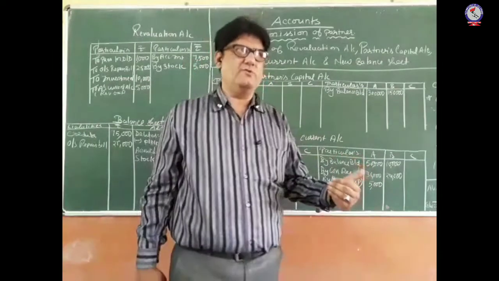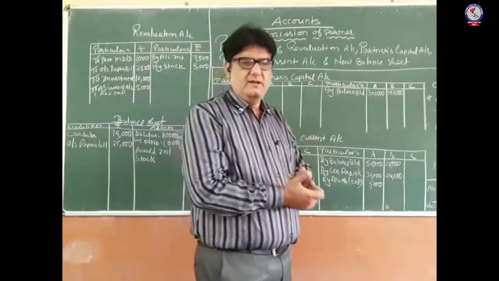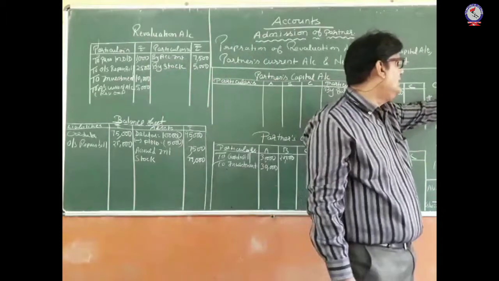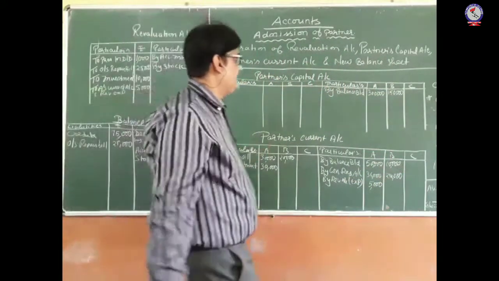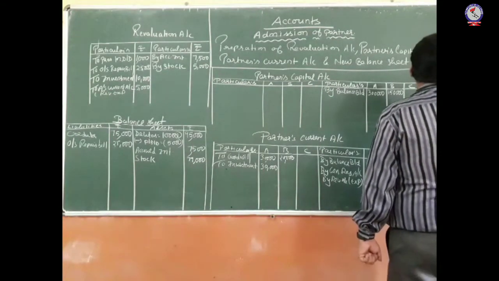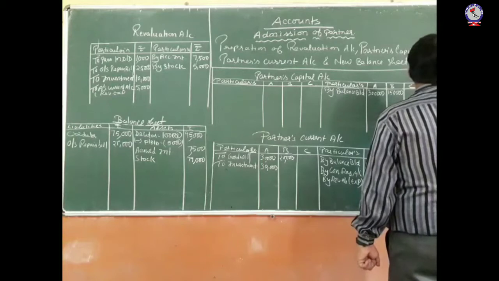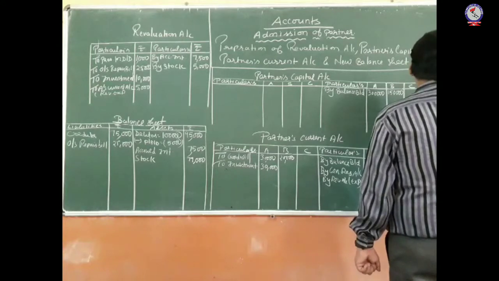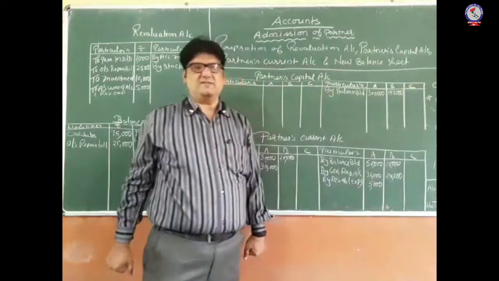Now from this firm's goodwill, what do we have to do? We have to find out C's share of premium. C is coming for a 2/9 share, because 4, 3 and 2. So C's share of premium is 2/9 of the firm's goodwill of 2,70,000. 9 3s are 27, so 30,000 into 2. This is the amount of C's share of premium, that is 60,000 rupees. C will bring 60,000 rupees as his premium.